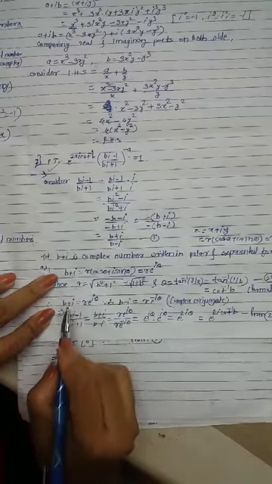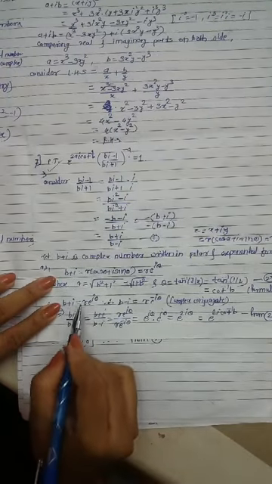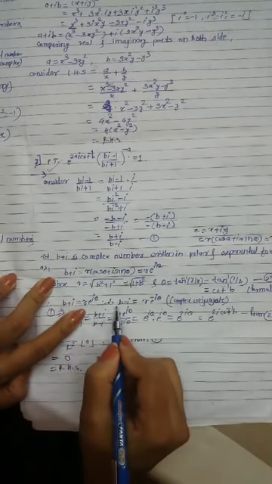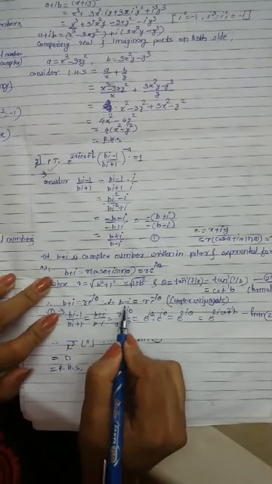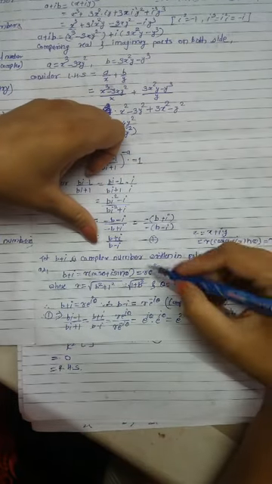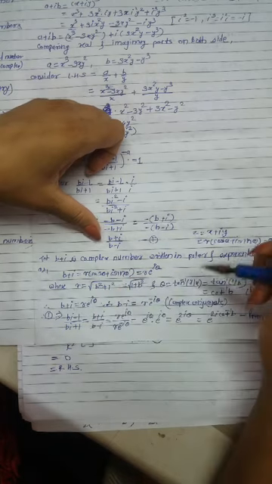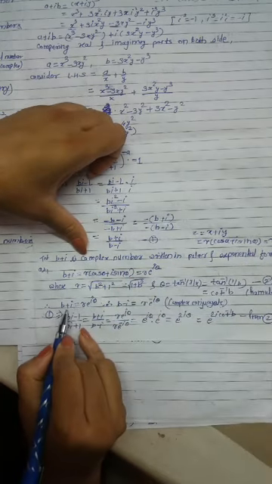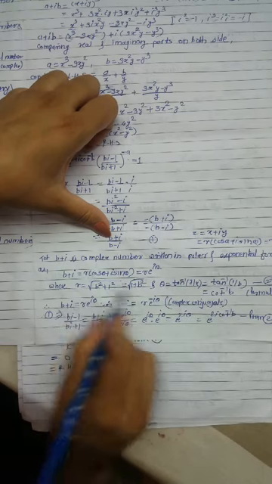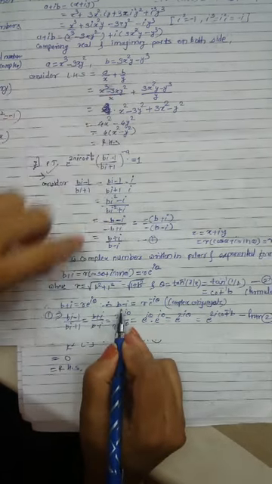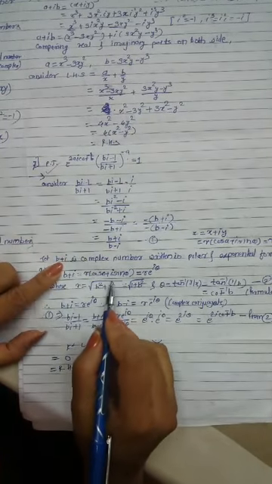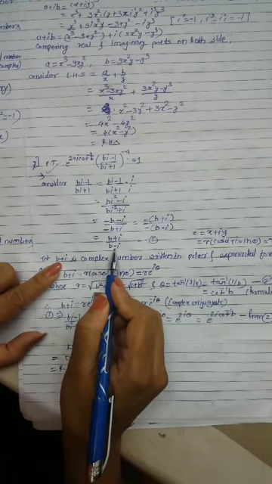Therefore, by putting all these values in the equation, b plus i is equal to r e raised to i theta. We consider only the exponential form here first. b plus i, we calculated this numerator as r e raised to i theta, where r and theta values are this. Therefore we don't need to calculate everything for b minus i, since it is just the complex conjugate of the above numerator.